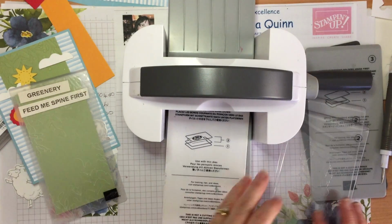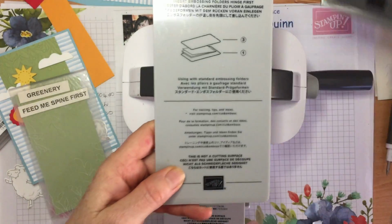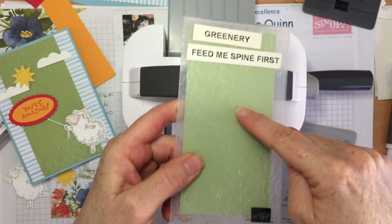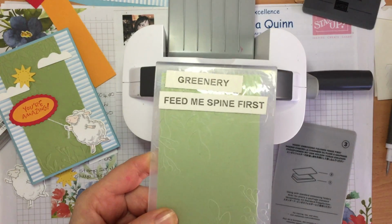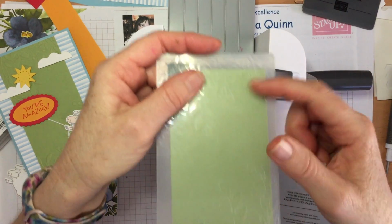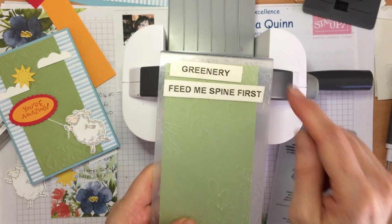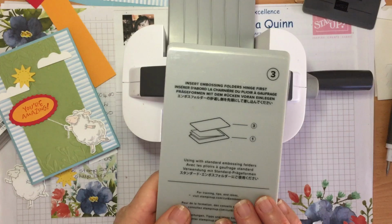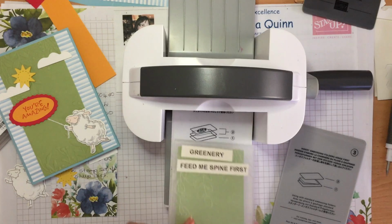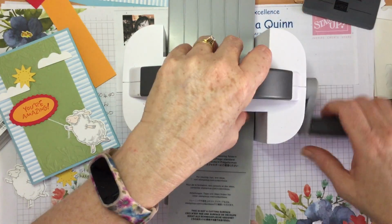Rightio, so for embossing, this is a standard embossing folder, so we need to use the number 3. So we have the number 1 down, and then we have the folder with the cardstock inside. Always feed your embossing folders spine first. If you go the other way, you risk the air pressure building up and then breaking. So always feed spine first, and always have a lid over the top. If you don't put a lid over the top, you'll end up with embossing folders that part and don't sit together neatly. Okay, so 1, 2, 3, and then we'll wind